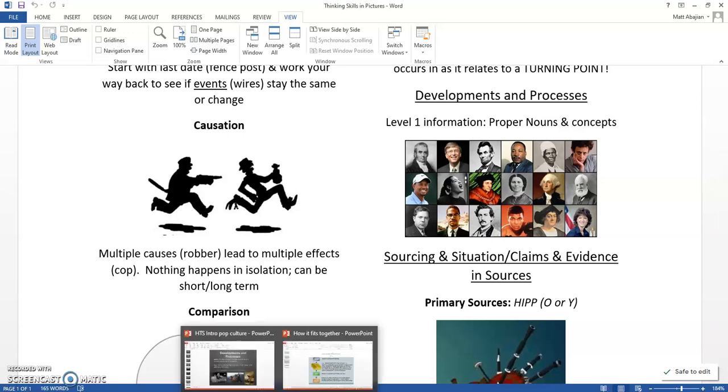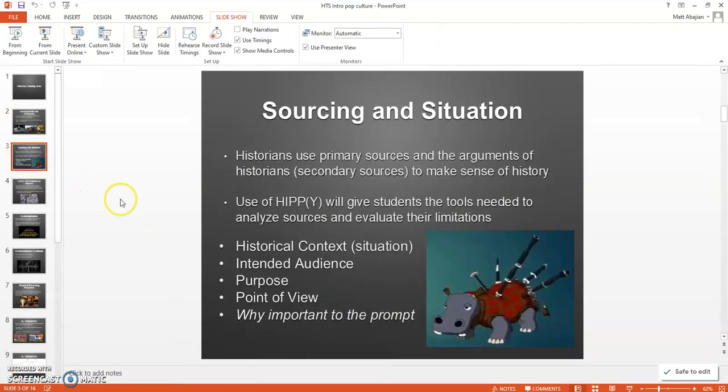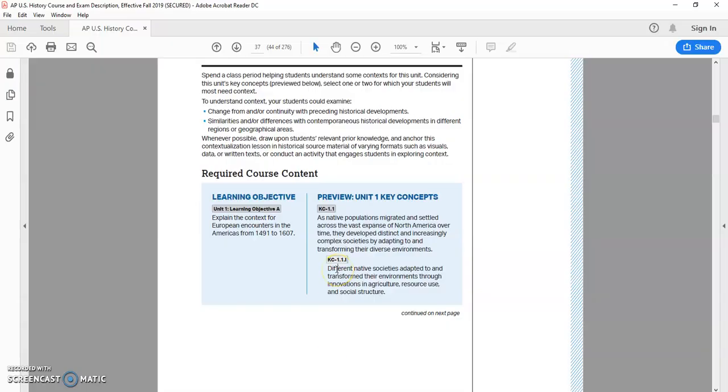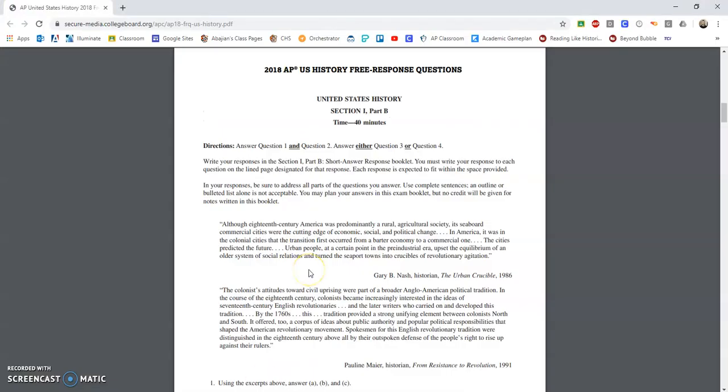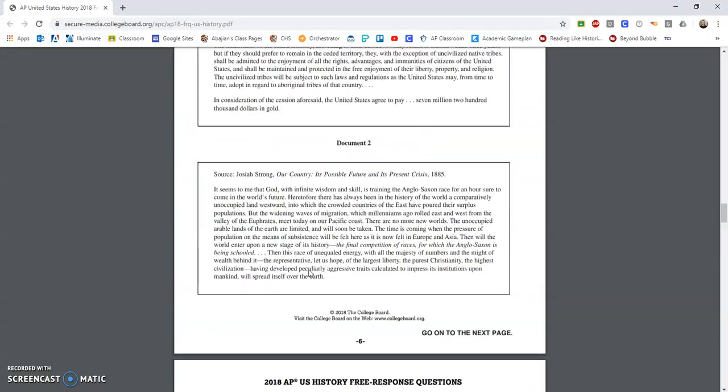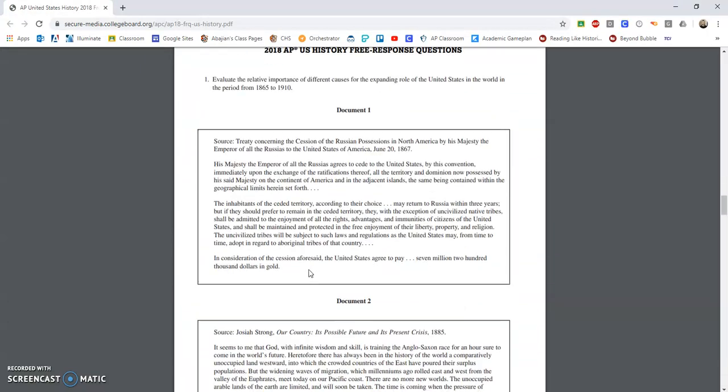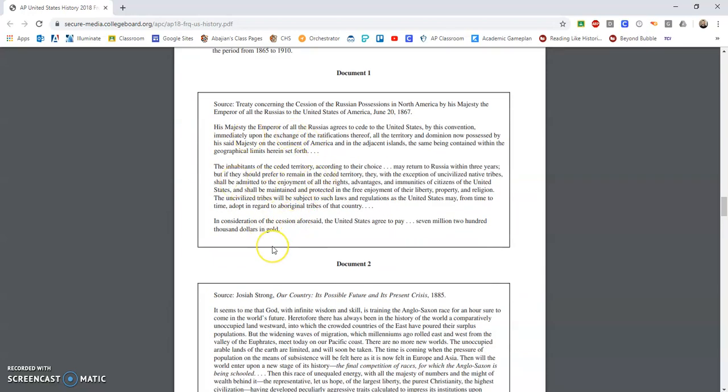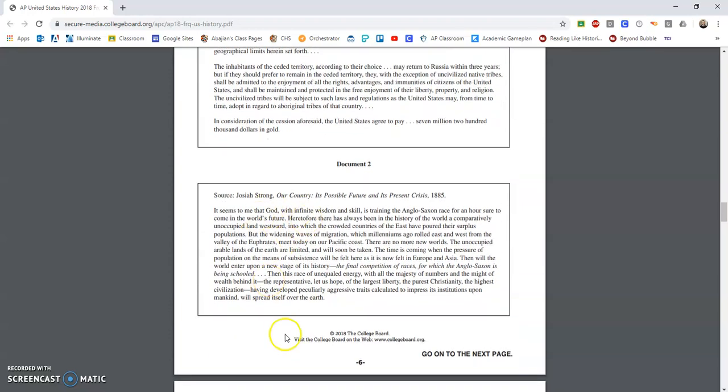Now, if we're jumping up just a little bit more, we're also going to deal with documents in this class. We're going to use primary sources coming out of the actual events that were closely tied to it, or the arguments that historians have made, which are secondary sources. And we're going to use something called HIPPY, tools that you'll need to be able to look through documents. If I'm looking at an AP exam, documents mean when I'm writing a DBQ, and we'll get to this in class, that you're going to have to break down some of these primary source documents, or historical documents written by historians on their takes, and you're going to have to give me kind of the HIPPY,